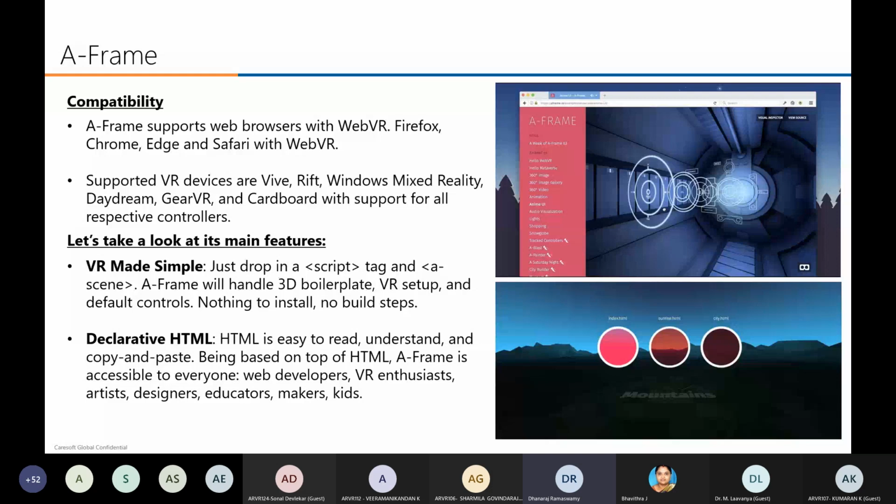Make sure it is with WebVR. Supported VR devices are Vive, Rift. Vive is the HTC Vive, Oculus Rift, Windows Mixed Reality. That means HoloLens, Daydream, Google Daydream, Samsung Gear VR, and Cardboard, which supports all, irrespective of controllers.